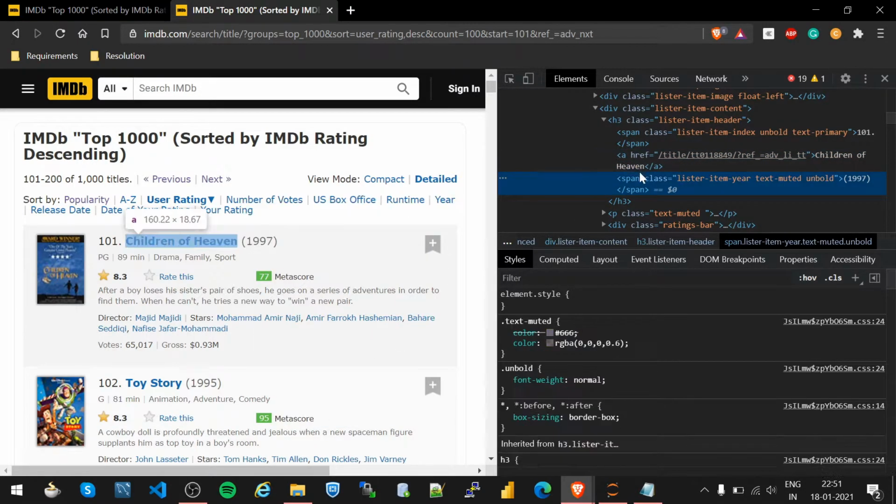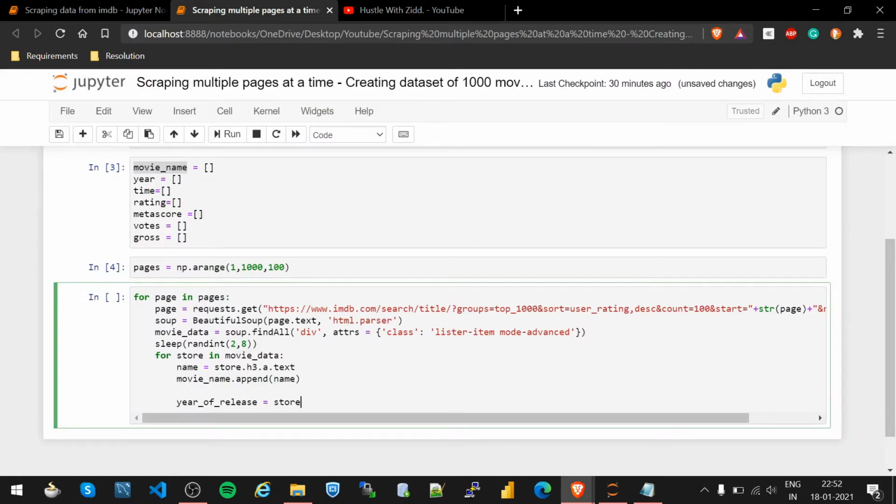So where is year of release? Here. Year of release is present in the span tag, and that span tag is present in the h3 tag, and this h3 tag is present in the div tag. Since we are already in the div tag, we have to write h3 dot find